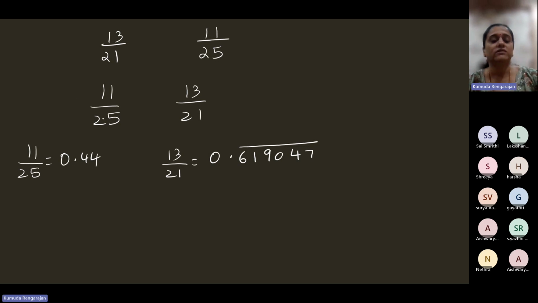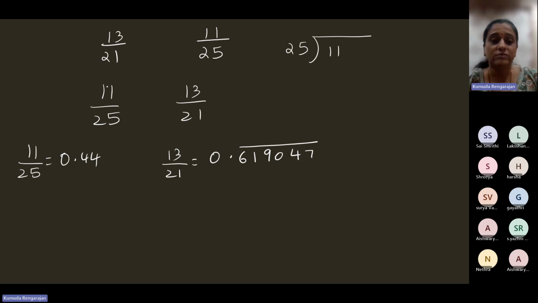Yeah, I was telling you that both 11 by 25 and 13 by 21 are rational numbers, but there is a difference in their decimal expansions. Now, how will you find the decimal expansion? By performing the long division. So when you divide 11 by 25,